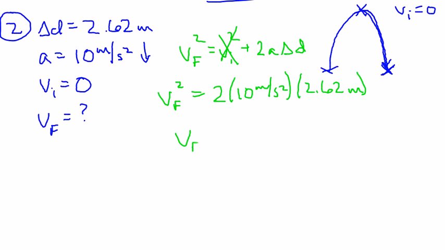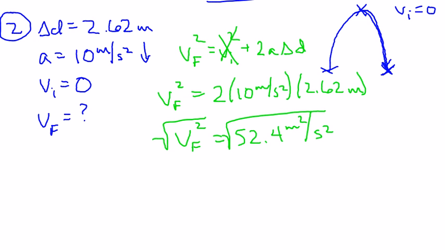If we multiply those together, 2 times 10 times 2.62, we should get 52.4 meters squared per second squared. Now we'll take the square root, and we should get VF equals,